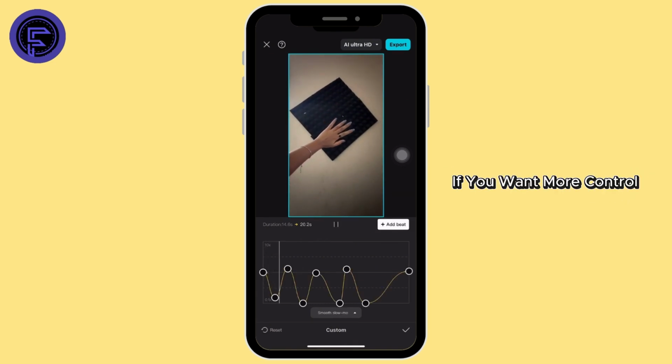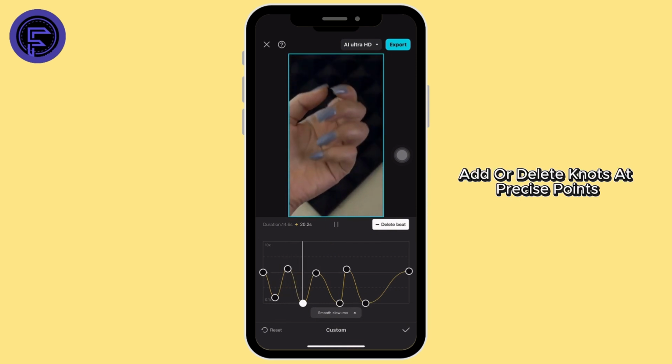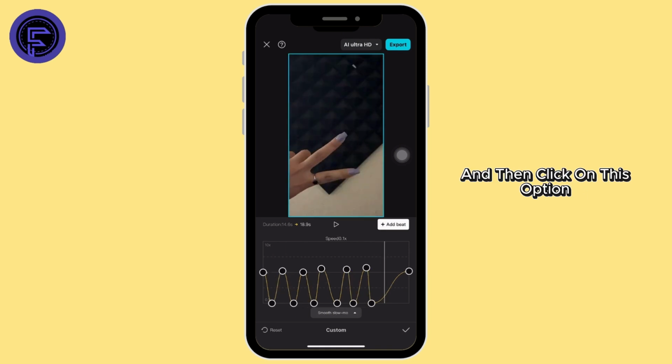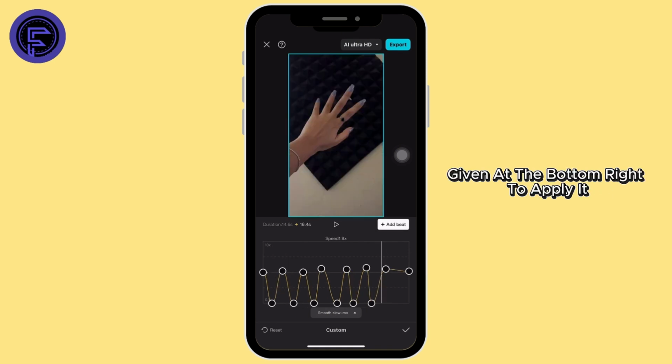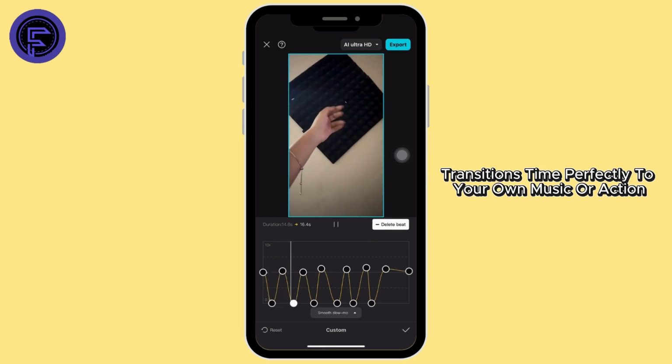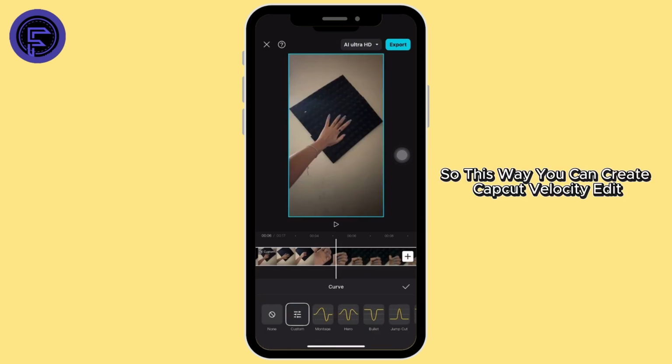If you want more control, add or delete knots at precise points. Preview your speed changes and then click on the option given at the bottom right to apply it. This gives you handmade cinematic speed transitions timed perfectly to your own music or action. So this way you can